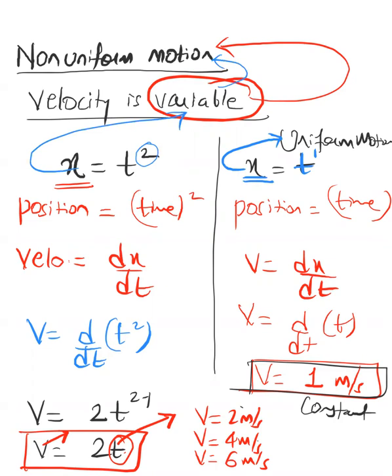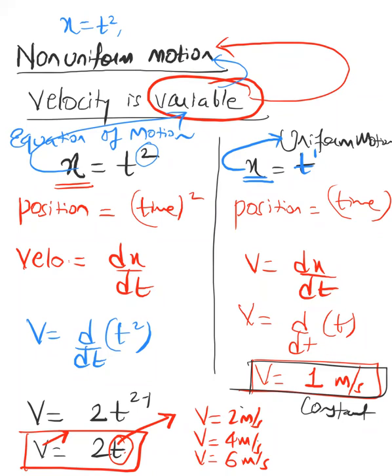So whenever you see this kind of equation of motion, this is a kind of equation of motion. Equation of motion means it is telling us how the position is depending upon the time. As and when time is elapsing, what is happening to the position, how the position depends on time.